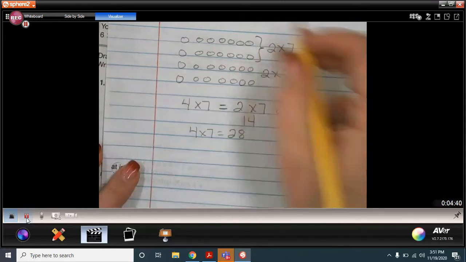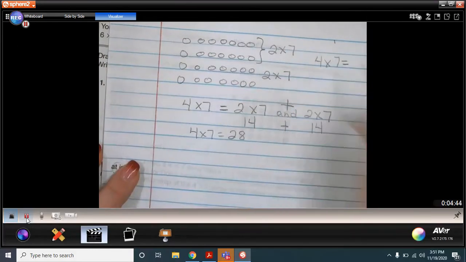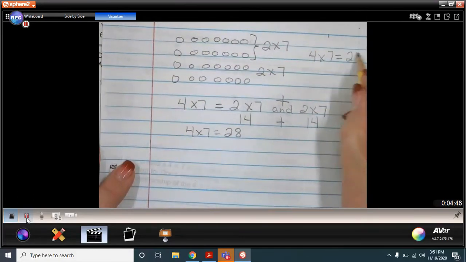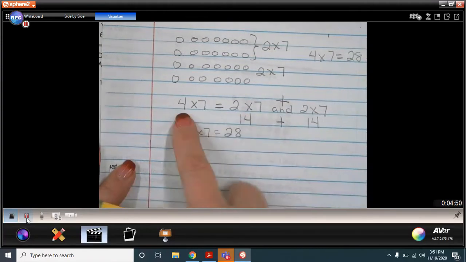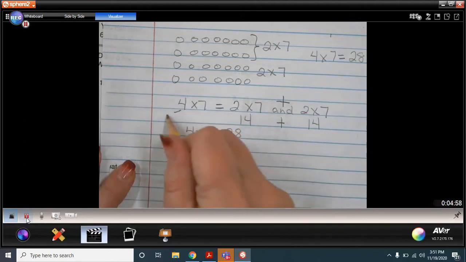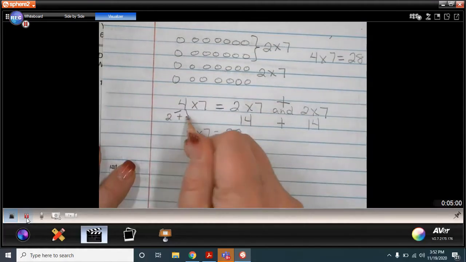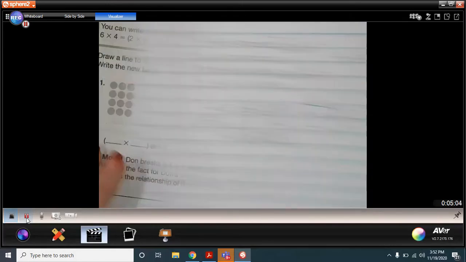So if I had my multiplication fact here off to the side, I could say 4 times 7 is 28 because 2 times 7 is part of that, 2 rows here. And these 2 rows are part of that 4 rows here. And so I broke up the 4 rows as 2 and 2. 2 rows and 2 rows. So on the back,